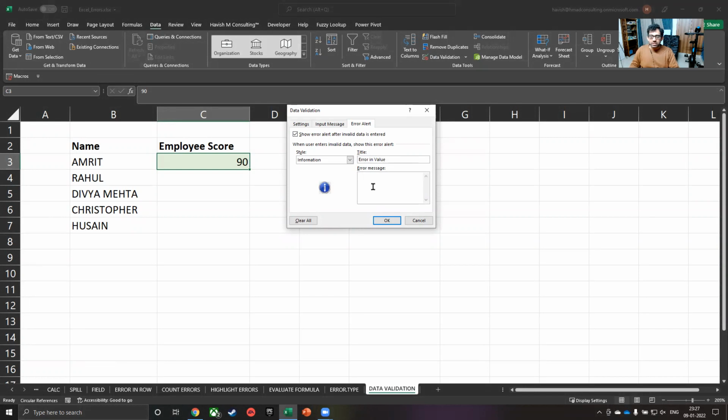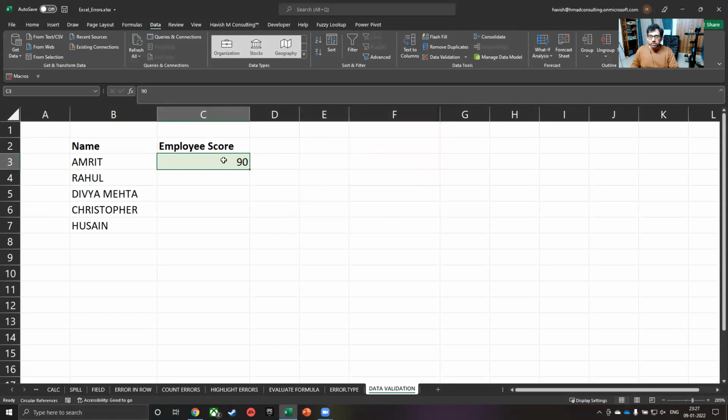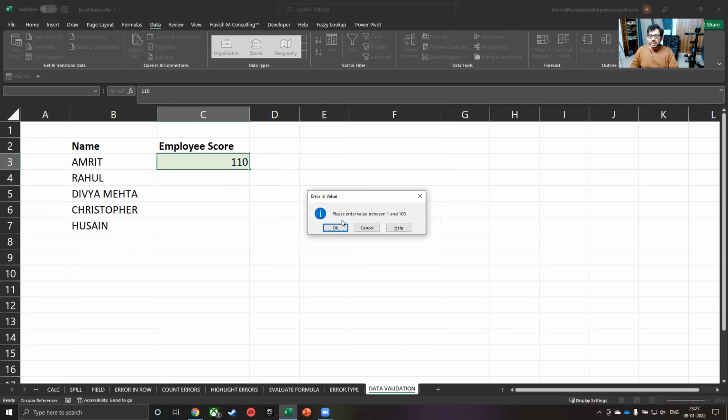And the error message is, please enter value between 1 and 100. So if you notice, when I put 110, it says, please enter value between 1 and 100. And the icon has also changed.